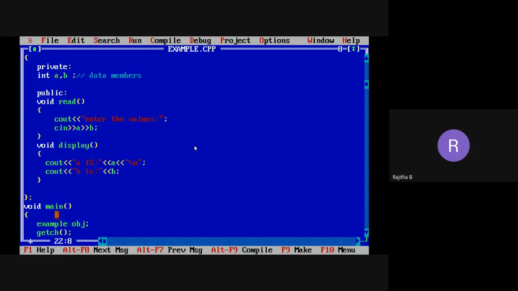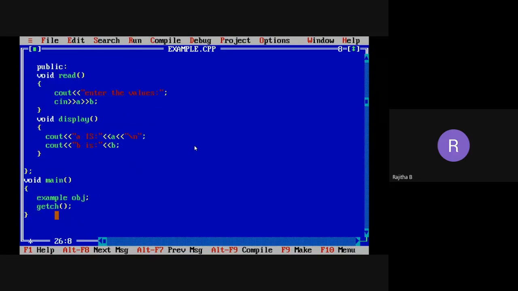Now how to call these functions? I'm creating the object here, for example obj, and I want to access the read and display functions. How to access the data members or member functions of a class? Using object name dot data member or object name dot member function.